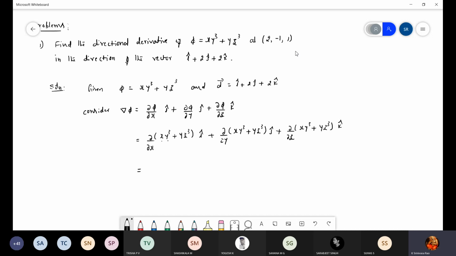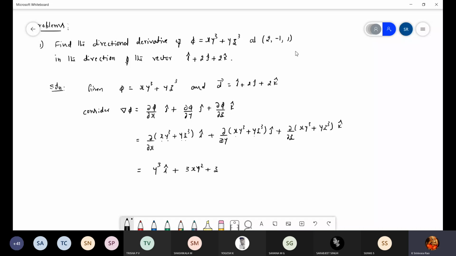Differentiation of x is 1. Y cube is constant, keep y cube, and the second term is constant, both y as well as z. So it becomes 0. So just y cube i cap, plus with respect to y, x is constant, keep it as it is, but y cube differentiation is 3y square. So 3xy square, plus the second term, y differentiation is 1, just z cube